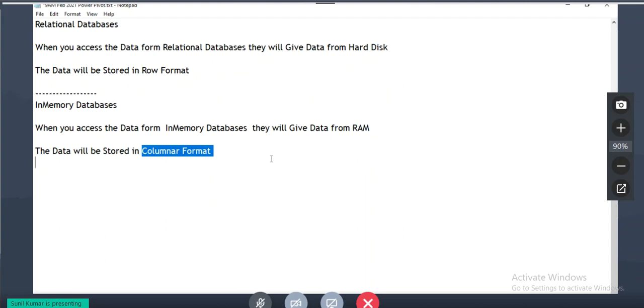What is that? Let's understand. The data will be stored in the columnar format. So what is that columnar format and row format? When you store the data in the columnar format, you have advantages, guys. When we store the data in columnar format, we have a few advantages. The first advantage is